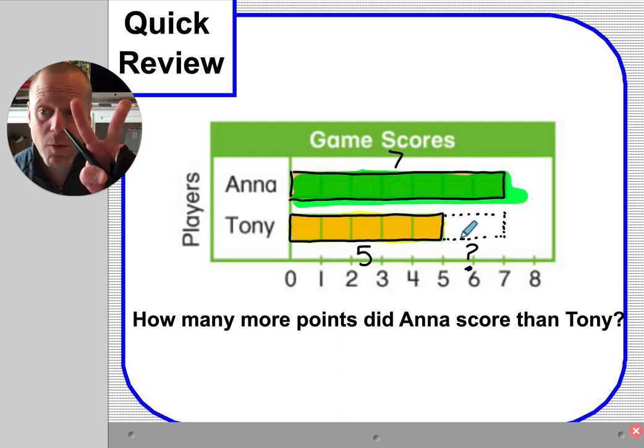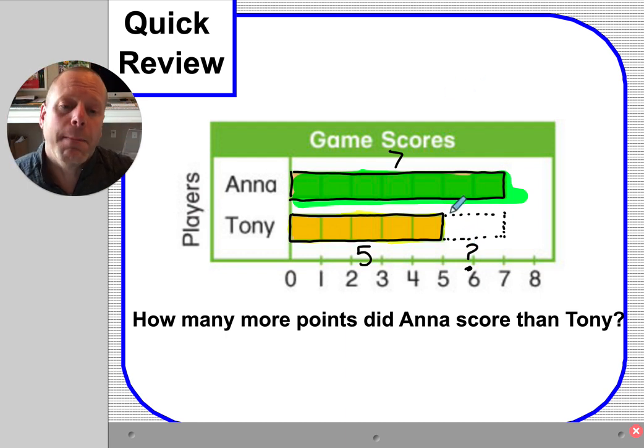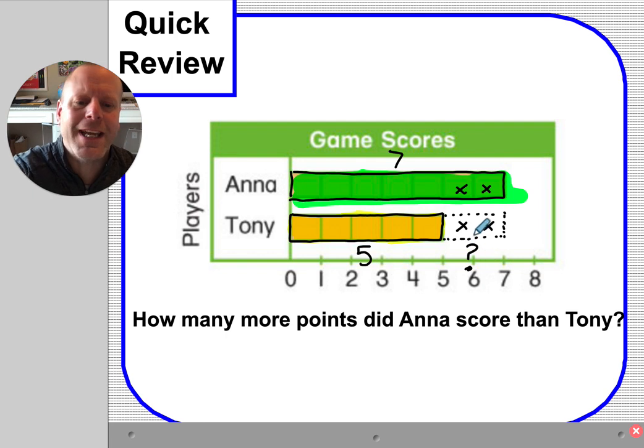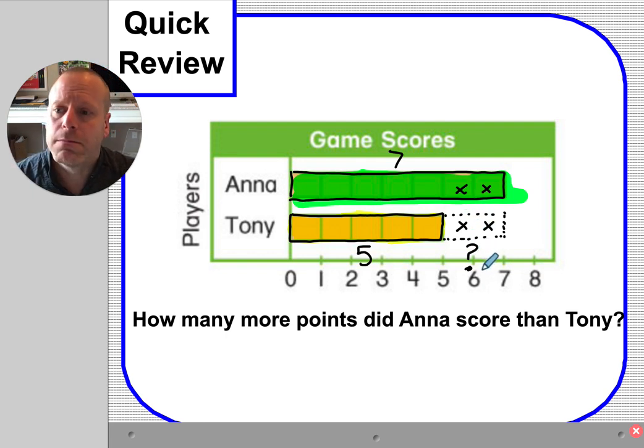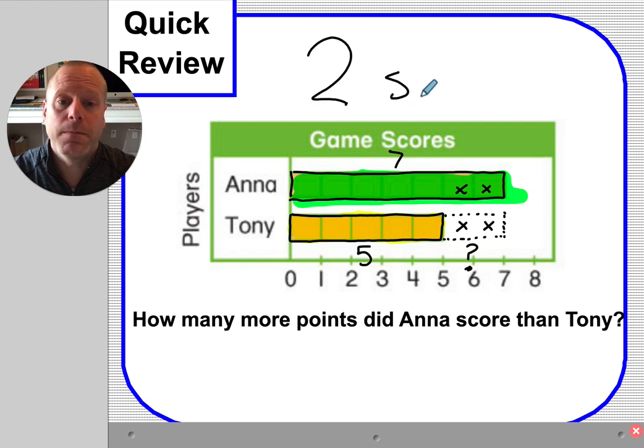Now there are 2 different ways to solve this problem. When you have a nice graph like this, it's really easy just to count. I see 1, 2 squares. There should be 1, 2 squares here. So the difference is 2. I see them. That's the easy way. 2 points, or 2, probably points is what I should say,